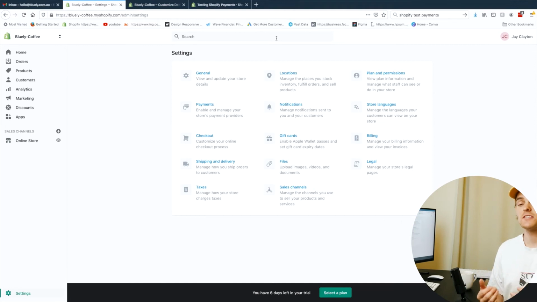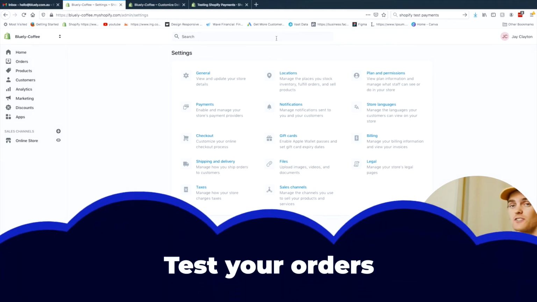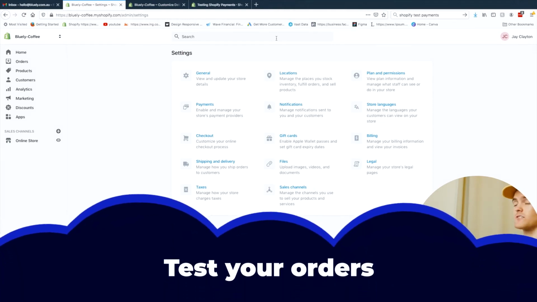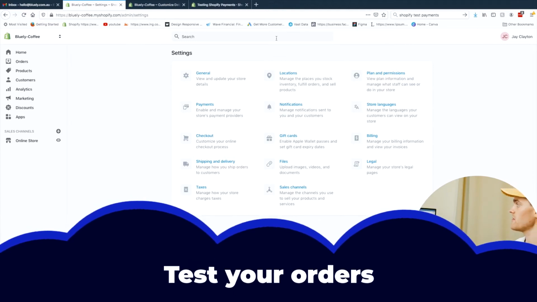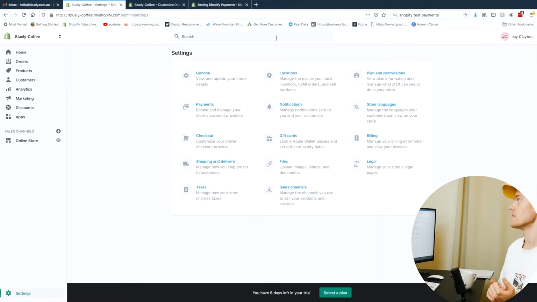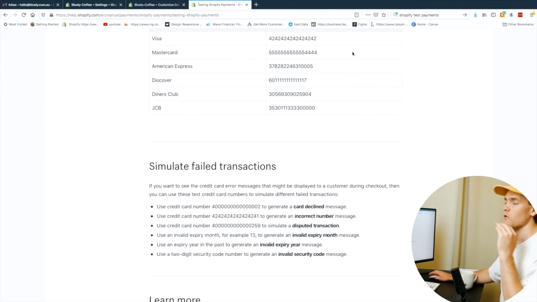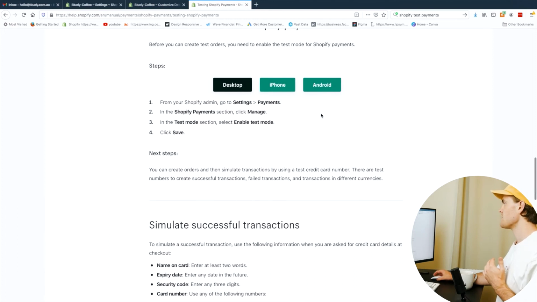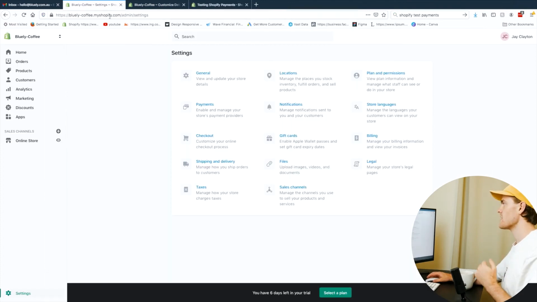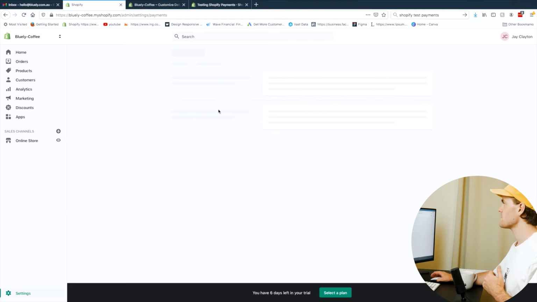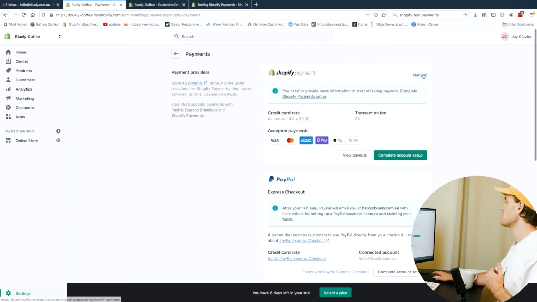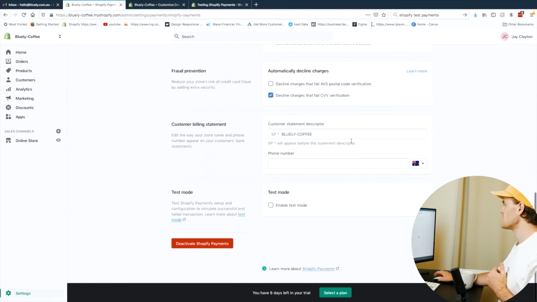So the next thing you need to tick off before you launch is that you need to actually test your products, test your payments, which will also test your orders and test your emails. To test your payments, I'm not going to do it because I'm on a free plan, but you can just search Shopify test payments, click on the first link, and it'll take you here. Essentially, firstly, you need to go to settings, you go to payments, you go to manage, and you scroll right down, and there's test mode at the bottom, and you'll just click